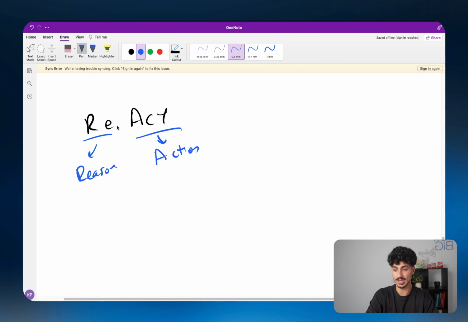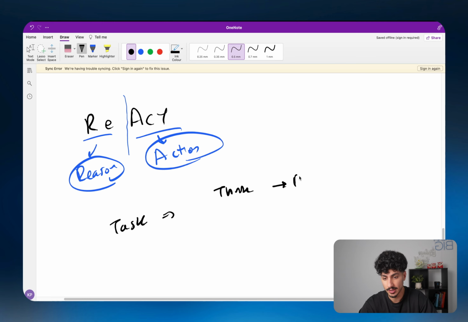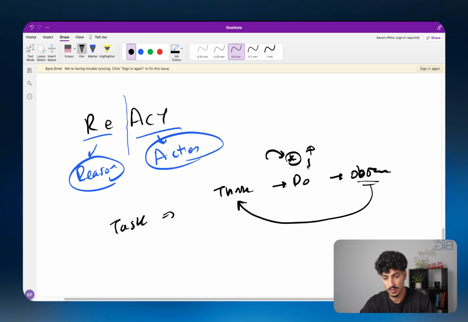Now a React agent, as the name suggests, is cut up into two separate pieces, Re and Act. Re stands for reason and Act stands for action. So basically with a React agent, when it is given some sort of task, what it will do is it will think, then it will do, and then it will observe, and then it will do the same thing again. So in simple terms, it will think and say, okay, well, the best next step is probably this. So it does that next step, and then it will observe to see whether that next step was good or whether it was bad. And then depending on the progress that it made with the next step, it will think what the next step after that should be,